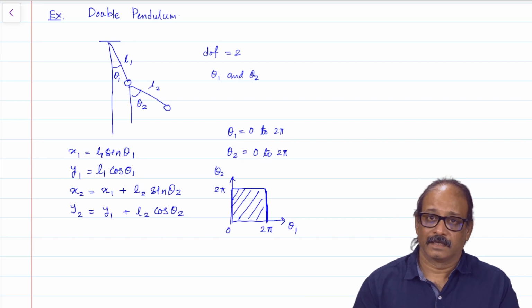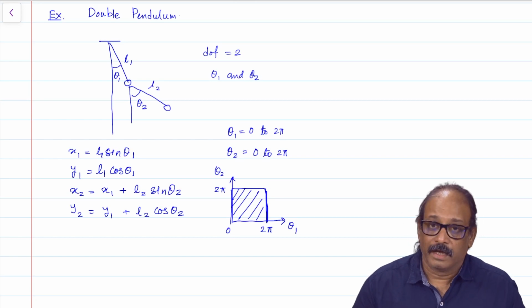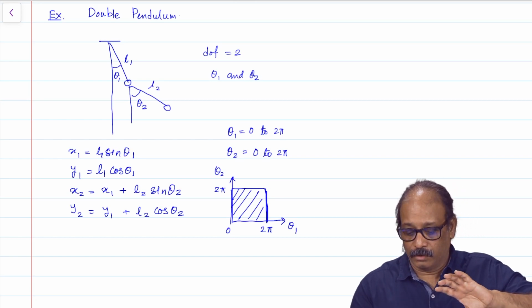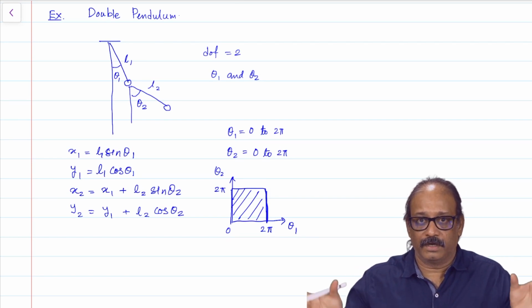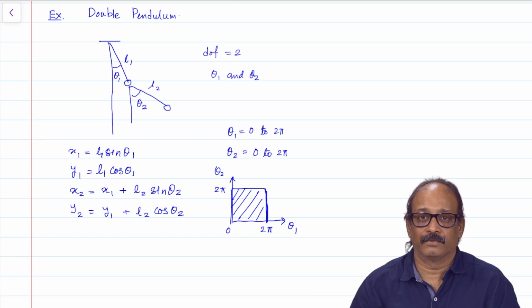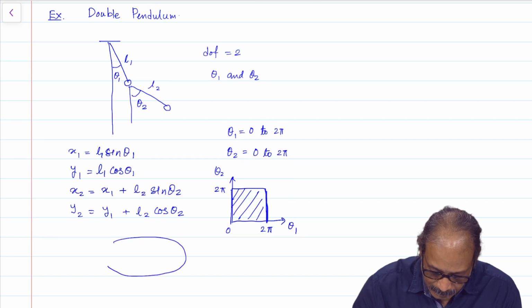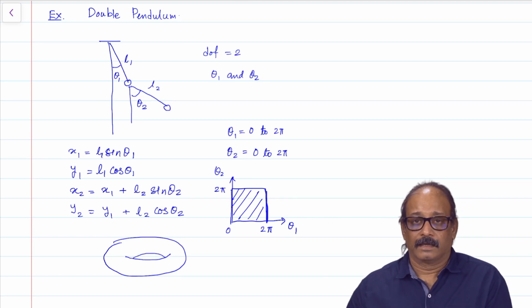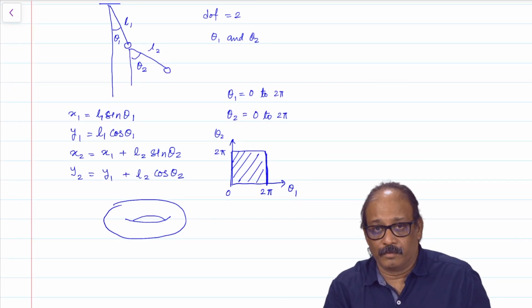And then we realize the same thing is true for theta 2 also. So, what I need to do is take this cylinder and the lower circle of the cylinder must match with the upper. So, you fold the entire cylinder to make it into a torus. So, the geometry of this system with the constraint is like a torus, and this makes it lot more interesting.